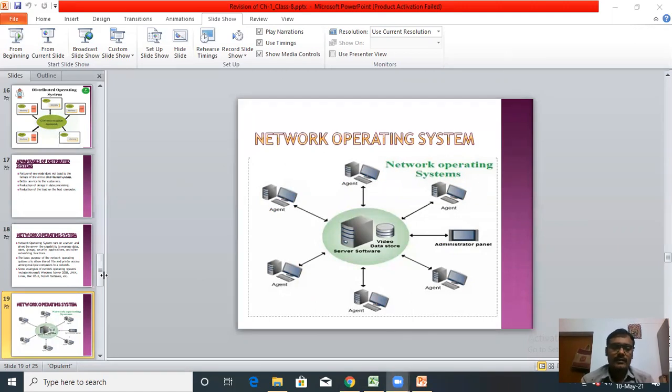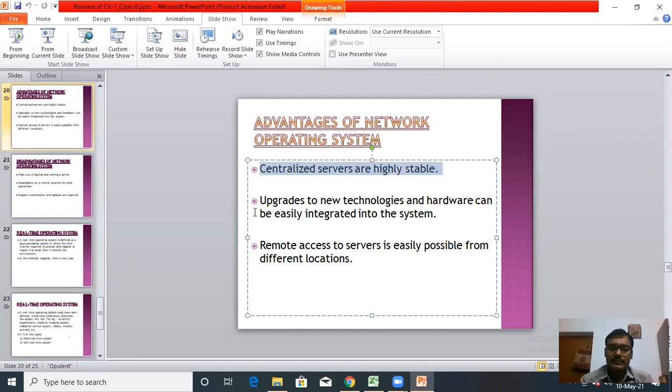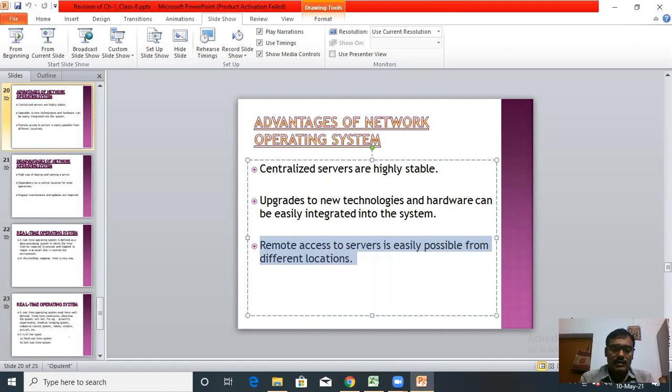Now you can see the advantages of a network operating system. First, centralized servers are highly stable. Second, upgrades to new technologies and hardware can be easily integrated into the system. Third, remote access to the servers is easily possible from different locations. Means if you are in Patna and you want to access another computer which is in Delhi, you can easily access that computer with the help of remote service.